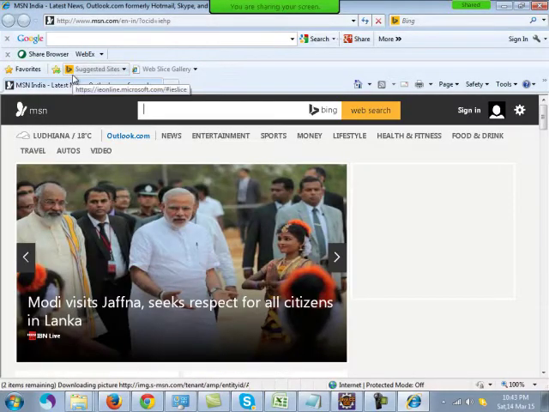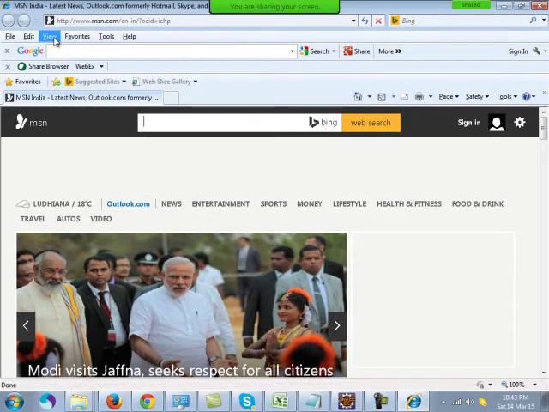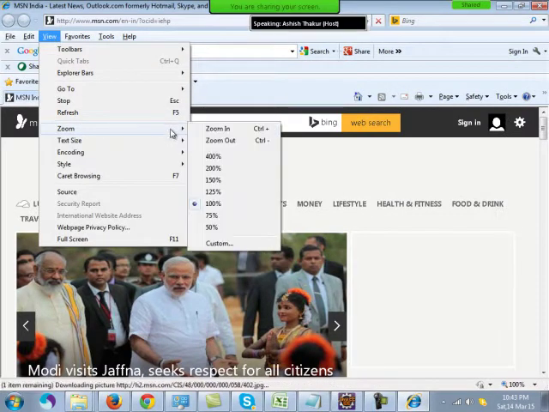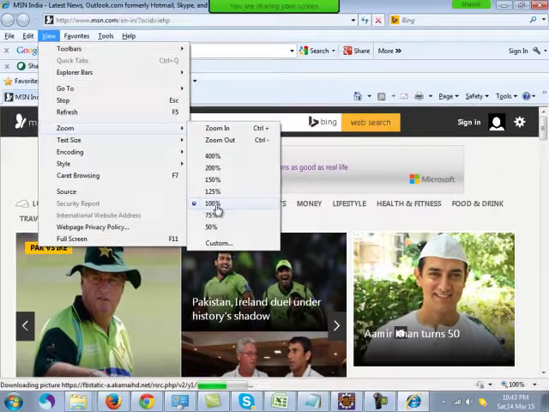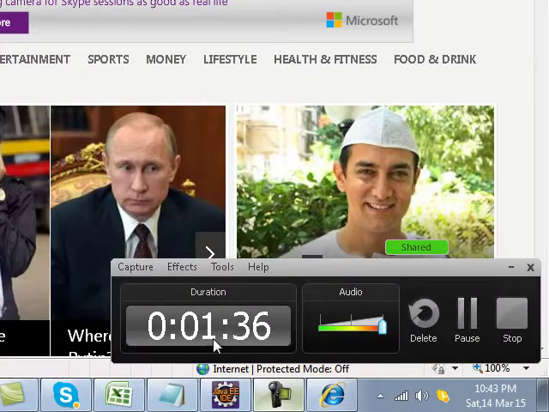Yeah, this zoom level should be 100%. Many times people don't have 100% and it gives issues.